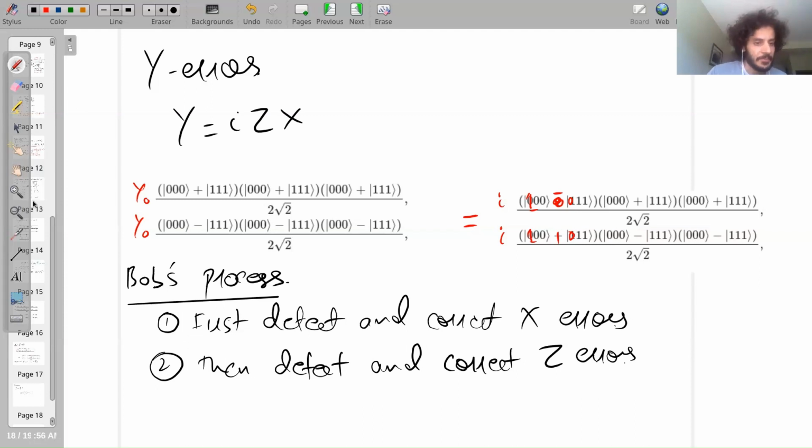Notice what happens. There's a minus sign here, a plus sign here, there's an overall iota sign. That's a global phase, so we can kind of ignore it. So